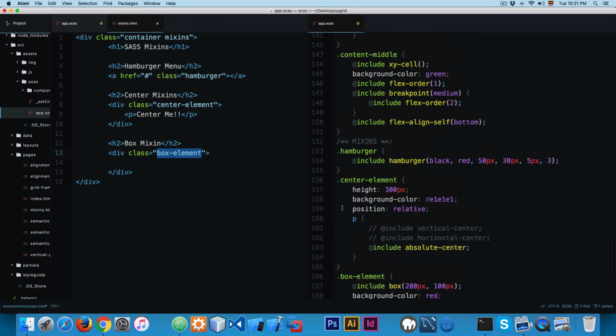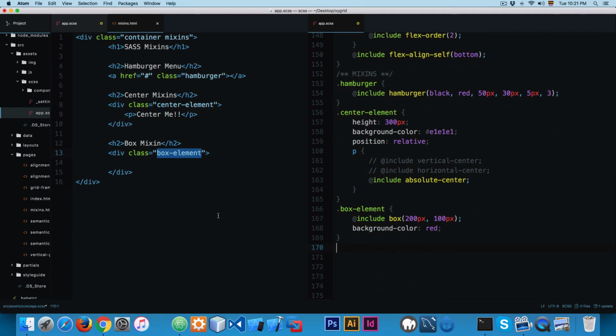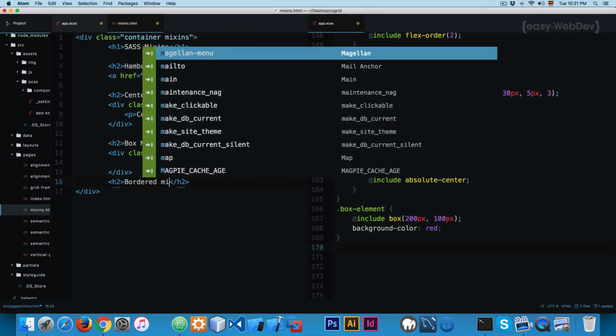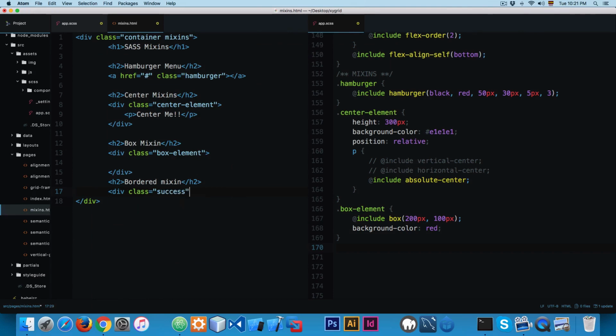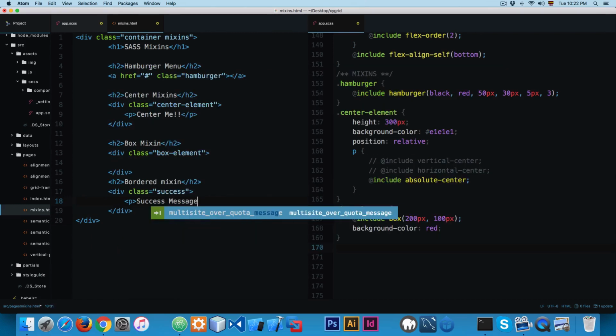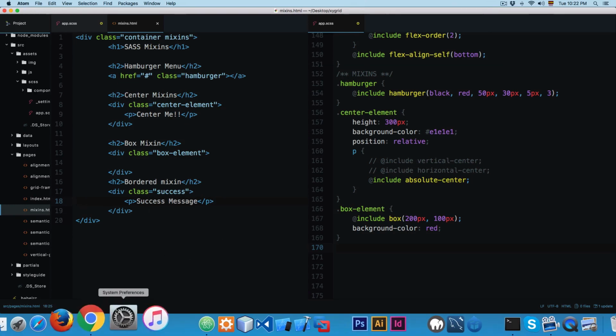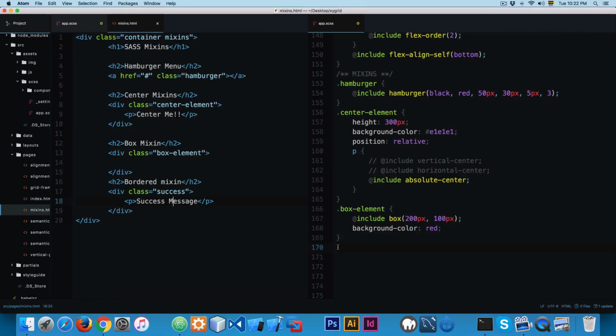So the last mixin that I want to show you in this video is the border mixin. So right here I'm going to add a div with class success, close the div, and we're going to add a paragraph, and we're going to add "success message". So maybe you are developing a system or something like that, and you want to print a success message. You can do something like this. So you can see success message right here,